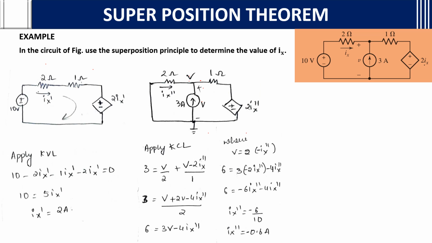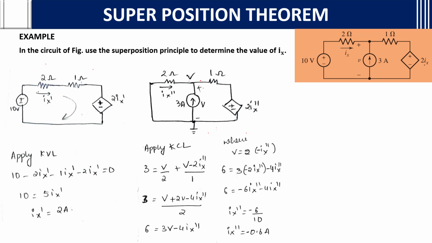That is not V equals IR. Here V is the voltage across this 3 amperes, which is 2 into minus Ix double dash. So substitute V equals 2 into minus Ix double dash. Why? Because the current is flowing in this way, so minus they are taking. So you will get Ix double dash as minus